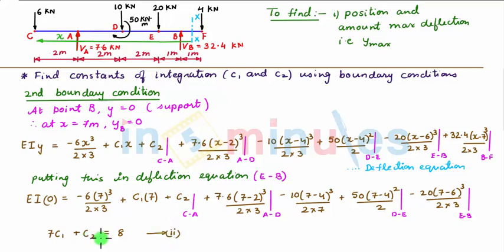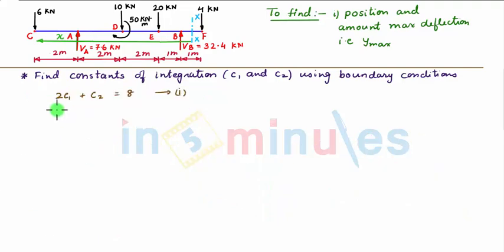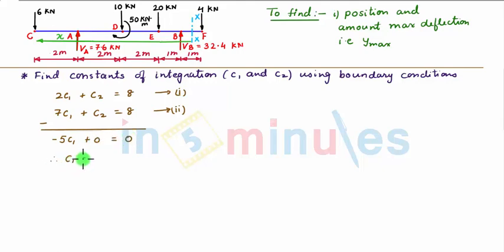Now solving your equation 2 and 1, we have minus 5c1 plus 0 is equal to 0. So we have c1 is equal to 0. So this is our first constant of integration. Now substituting the value of c1 in any of the equations, we get the value of c2 as 8. So now substituting the values of constants of integration in the slope and deflection equation and rewriting the equation, we have,